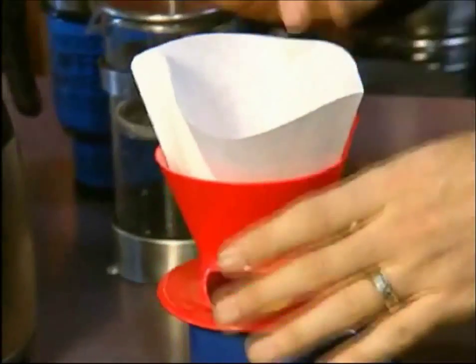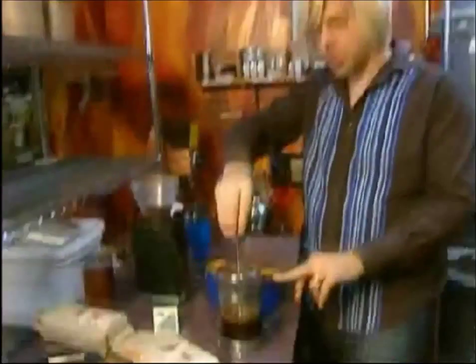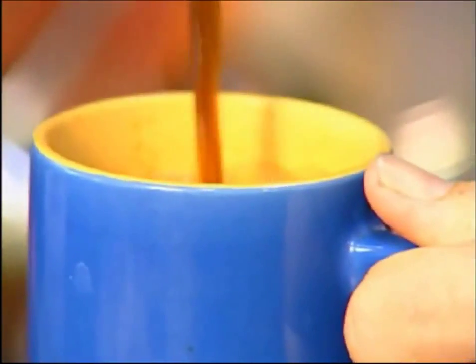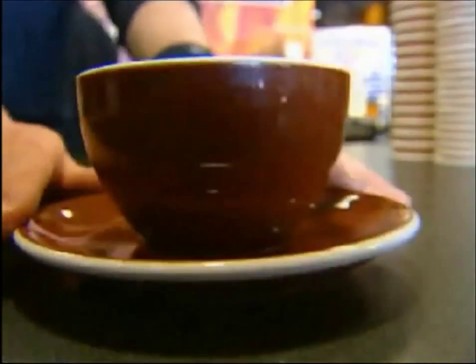When it comes to brewing, the Melitta or cone filter makes very tasty coffee. You're going to plunge the plunger all the way through. But Andy's favorite way? The French press. Perfect. Very, very good. Now that you know all about coffee for home, what are some tricks of the trade